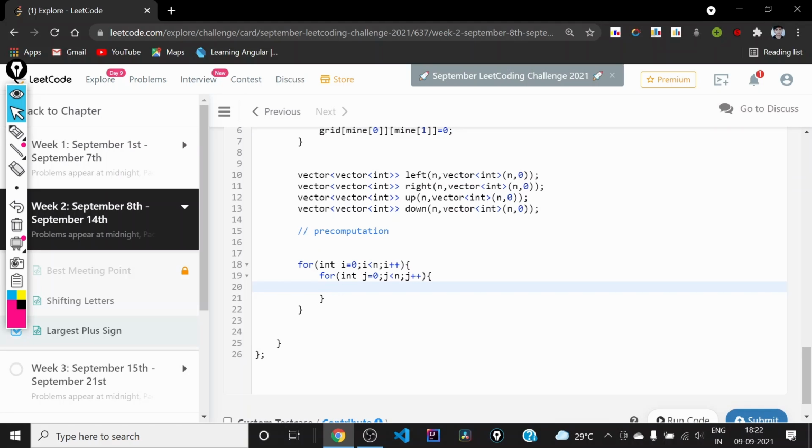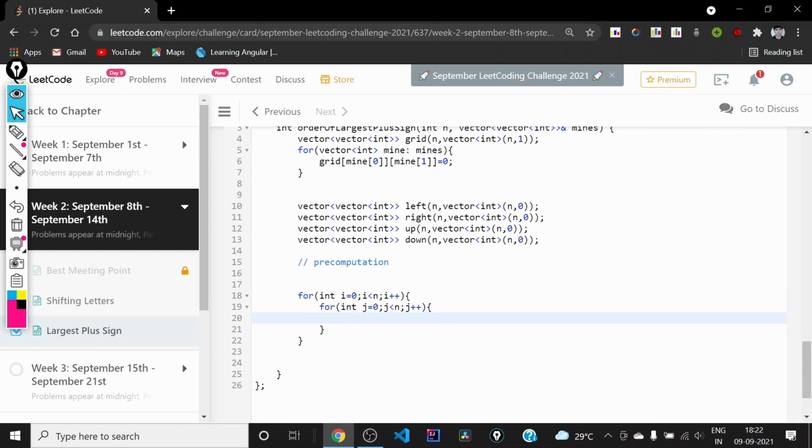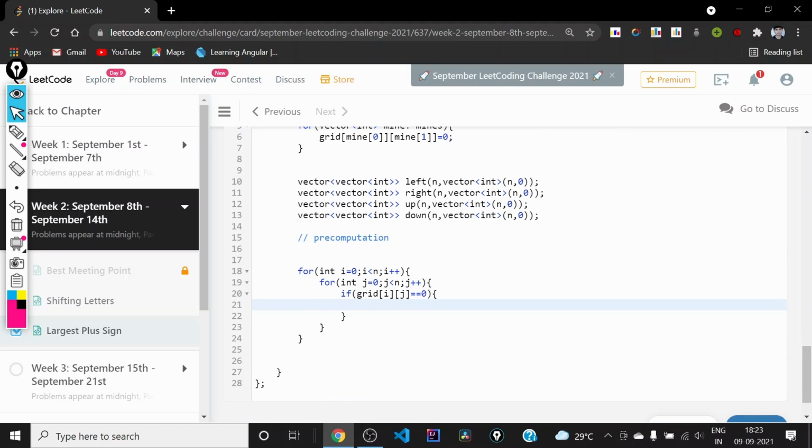And now we will be first checking whether the grid is 0 or not. If grid is 0, then the left, right, top, bottom, all these spans will also be 0. Since we have initialized all these 4 matrices with 0, we don't need to do anything in that case. We only check whether the grid is 0 or not. So if the grid is not 0, then we will check,